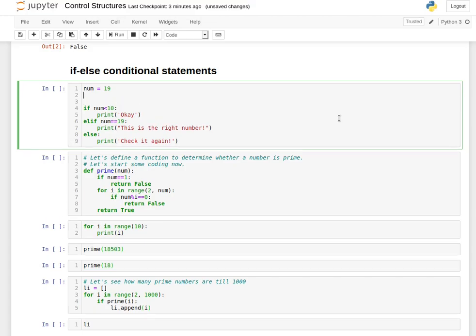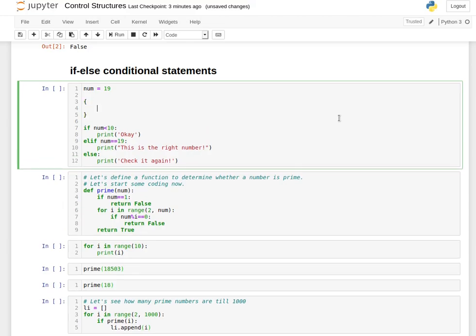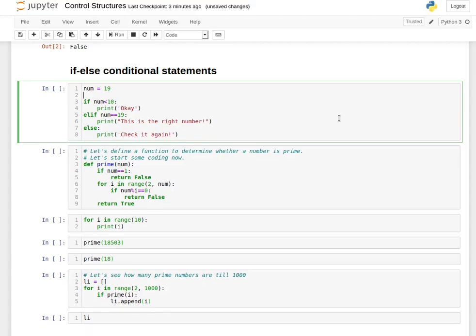Likewise, in C or C++, we use these curly brackets, and they make everything ugly as soon as you get into some complex programming, or you use some complex if else statements like nested if else statements. But in Python, to make the code more readable and interpretable, you have to use the indentation compulsorily. If I don't use it, I'll get an error. Okay, so this is how if is written.